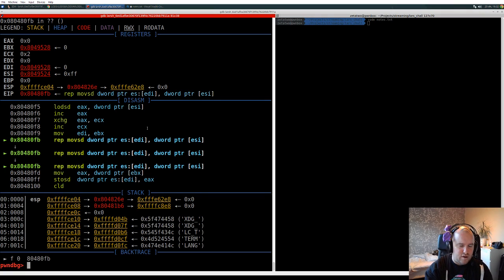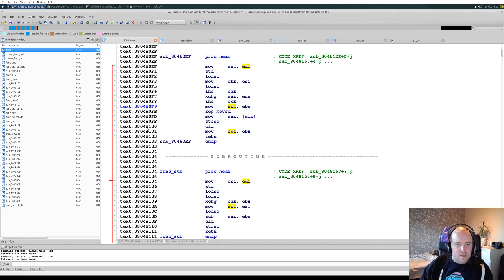So far what we've done is we fetched the top of the stack, like the argument, we incremented it twice, and we restored the stack pointer, and then we're doing this